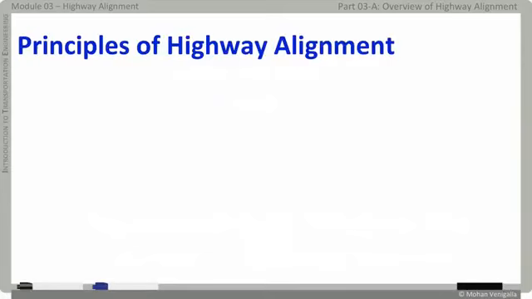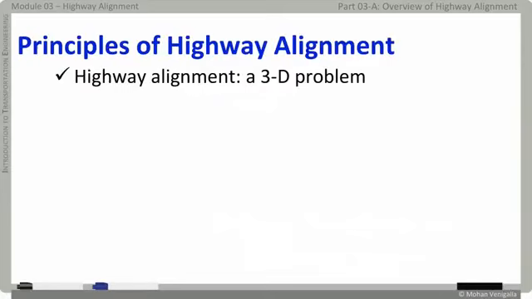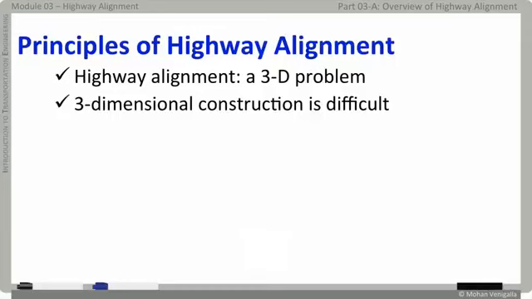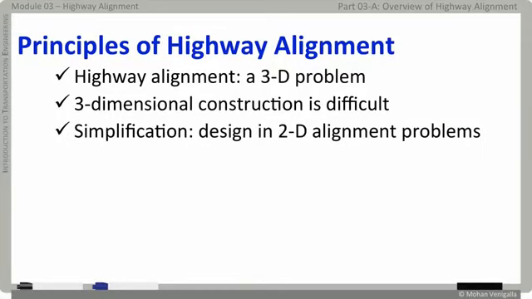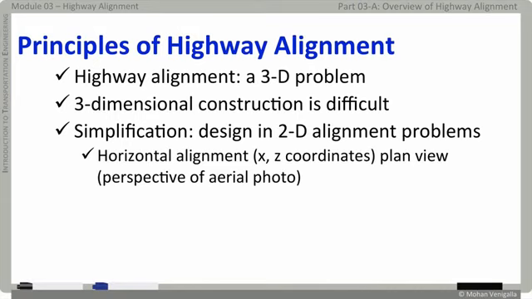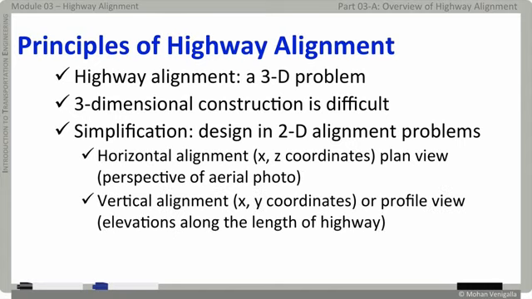Principles of highway alignment. Highway alignment is a three-dimensional problem, and as you can imagine, three-dimensional construction is complicated. To understand the highway alignment principles, therefore, we deal with 2D problems, two-dimensional problems. For horizontal alignment, we will deal with plan view and X and Z coordinates, and for vertical alignment, we will deal with X and Y coordinates, all too familiar XY coordinates. And as I mentioned earlier, highway alignment involves